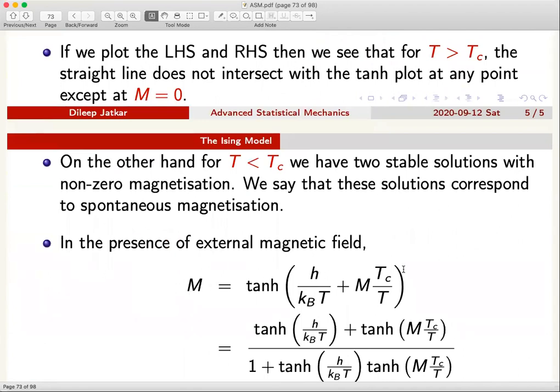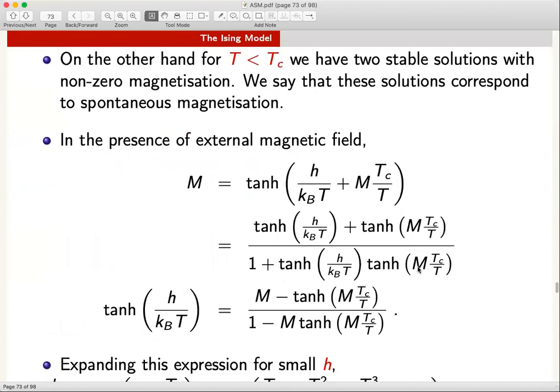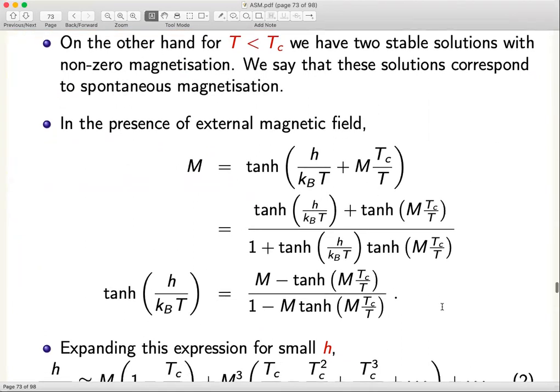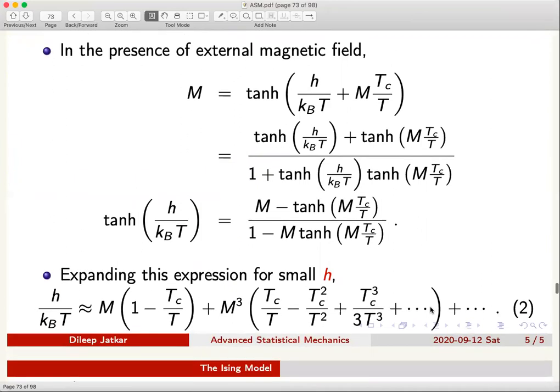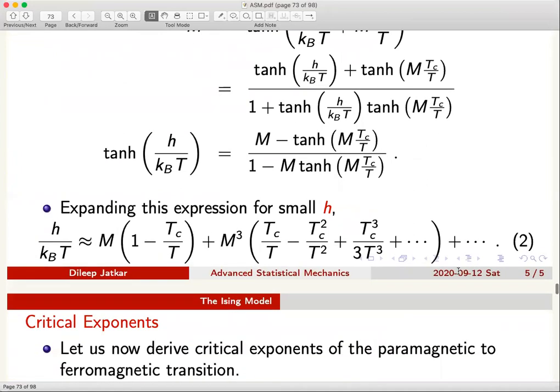We then expanded the right-hand side function by using the tanh function identity, and then used the fact that when the external magnetic field is small, then for arbitrary T, the magnetization also would be small. At least in the neighborhood of Tc, this statement is true whether you are above Tc or below Tc. And so therefore you expand this function and you get an expression like this. We use this expression to derive critical